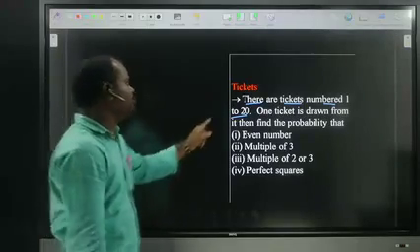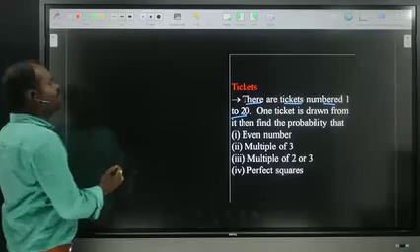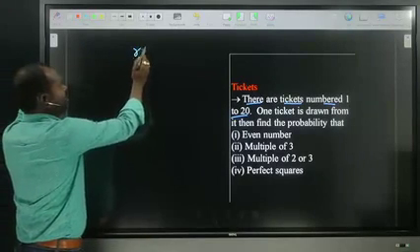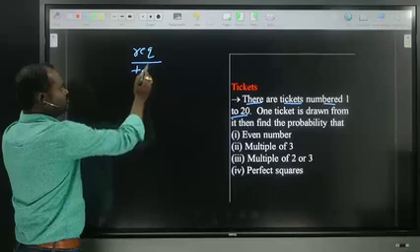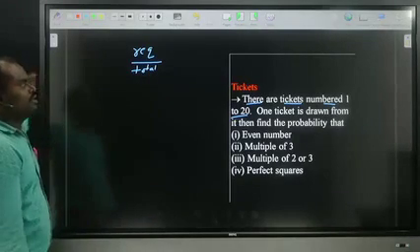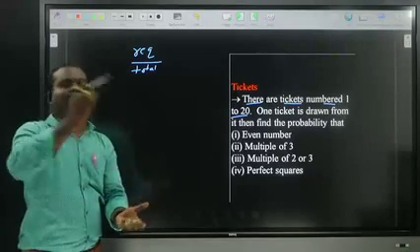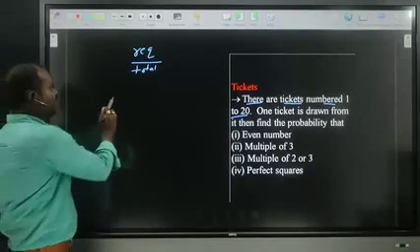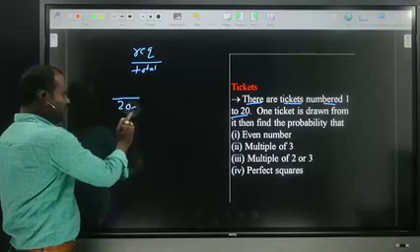Probability is nothing but requirement by total. Total 20 tickets are there, from that one ticket is drawn. So in the denominator, from 20 tickets taking one ticket, 20